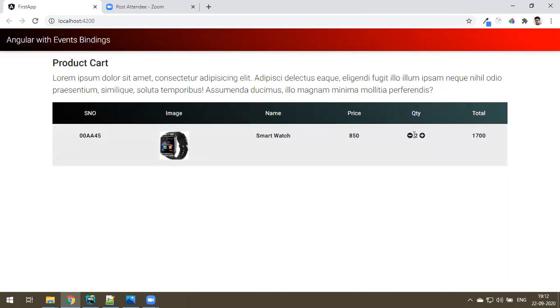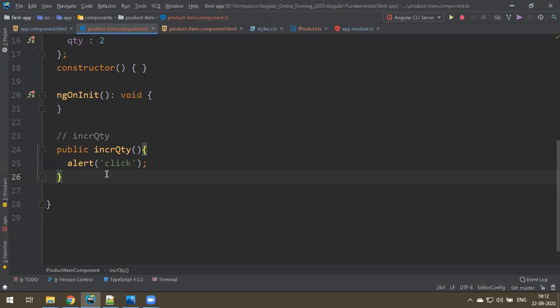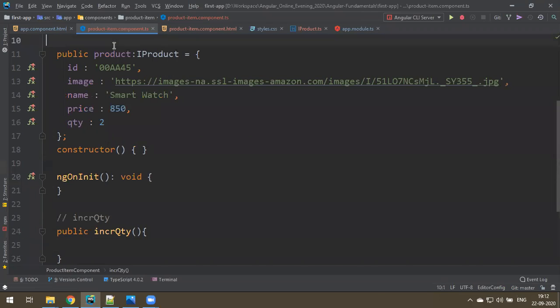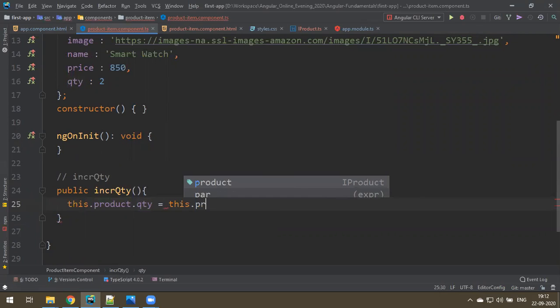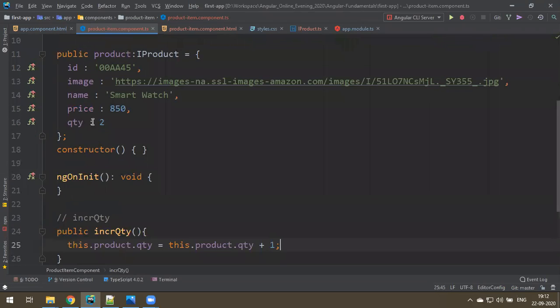Now I want to increase the quantity. How? Can we write something like this is the product, right? So I say this.product.quantity is equal to this.product.quantity plus 1. Only quantity I want to increase, right?